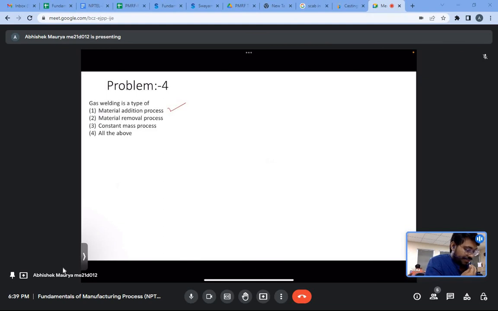the two materials with the help of filler material. So basically we were trying to join the material, and additionally we were adding the filler material. So this will be the correct option for this question, but let's also see what the other options are saying. Second option is